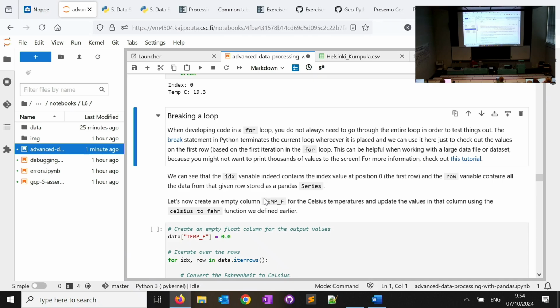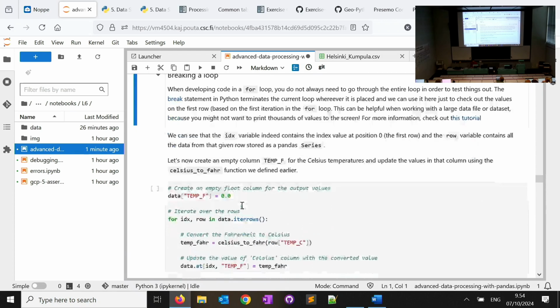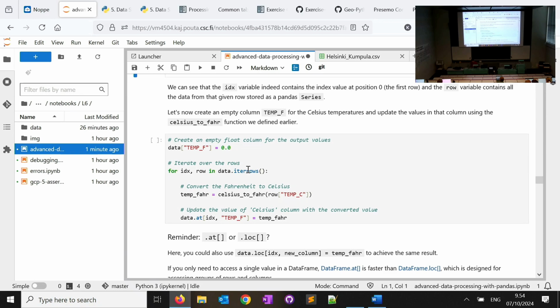So now we are going to use this to do the conversion between Celsius to Fahrenheit. The code is typed in here, so I will just explain it. I want to create a new column in my data. This is how we do it; we have learned this already last week. We create a new column called temp_F, and for now I just put the value 0.0, just some random float value. I'm going to repopulate the column with the actual calculations.